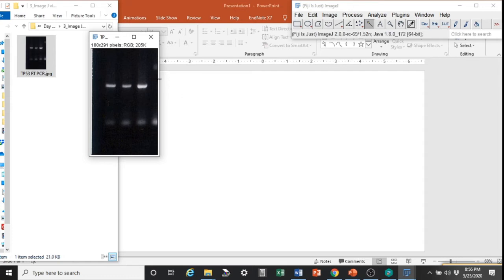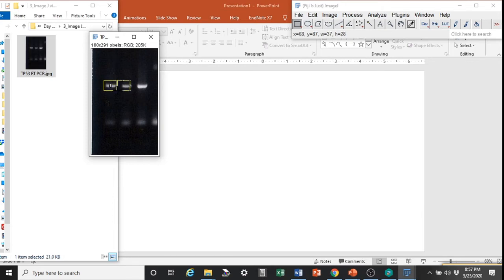Now what I have to do is I need to quantitate these three bands that I have obtained using the reverse transcriptase PCR. So I will use this rectangle command to draw boxes around the bands that I want to quantitate. So I have created this rectangle. Once I have created the rectangle, I will press 1. So I am telling the software that this is the first lane I want to analyze. Then I will move the rectangle to the right using the right button.